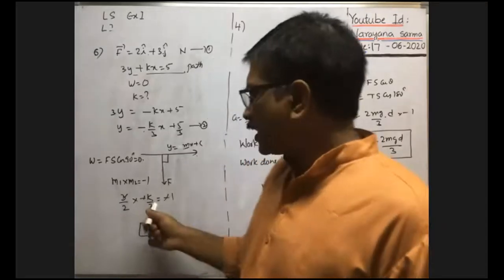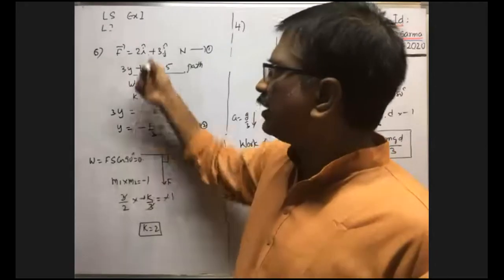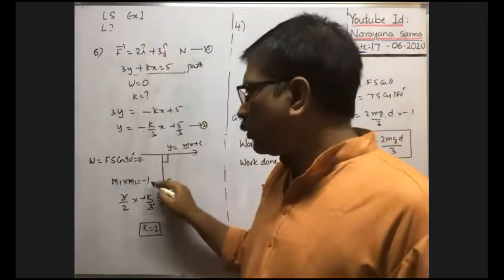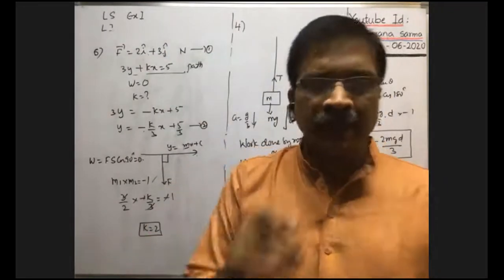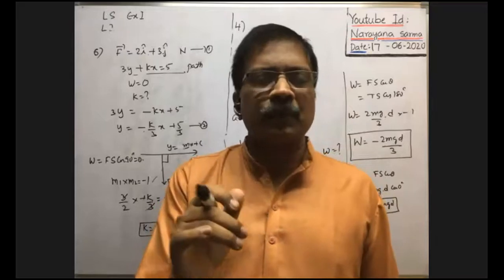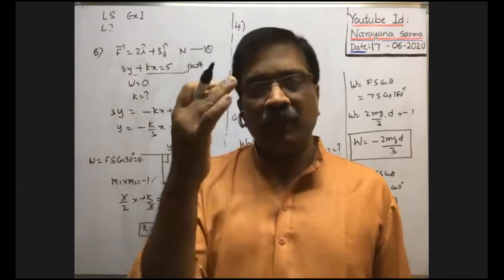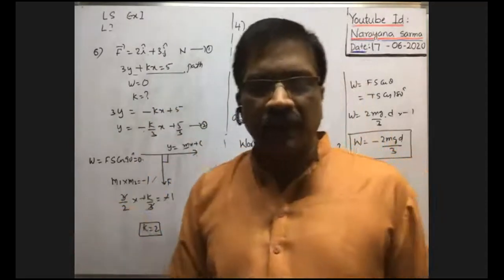Okay, that's why I have taken them perpendicular to each other. Whenever this straight line and this vector are perpendicular to each other, then the product of their slopes must be equal to minus 1. Because in straight lines, we have one condition in mathematics: when two straight lines are perpendicular to each other, the product of their slopes is minus 1. That's why m1 into m2 is equal to minus 1, you write.